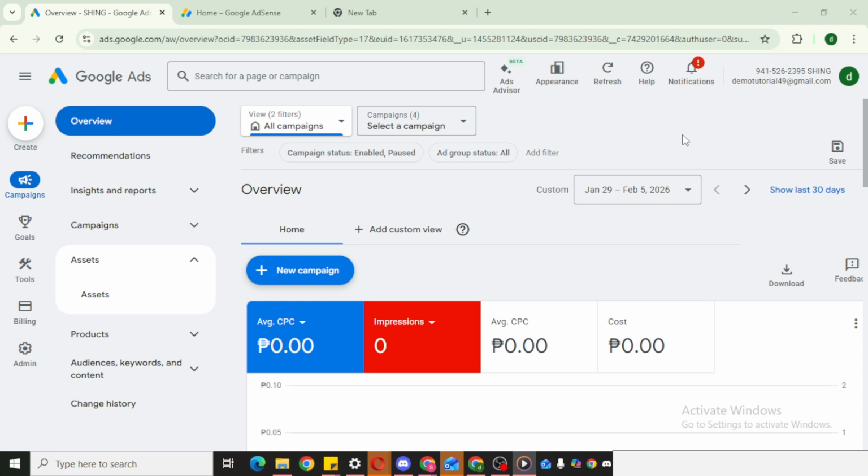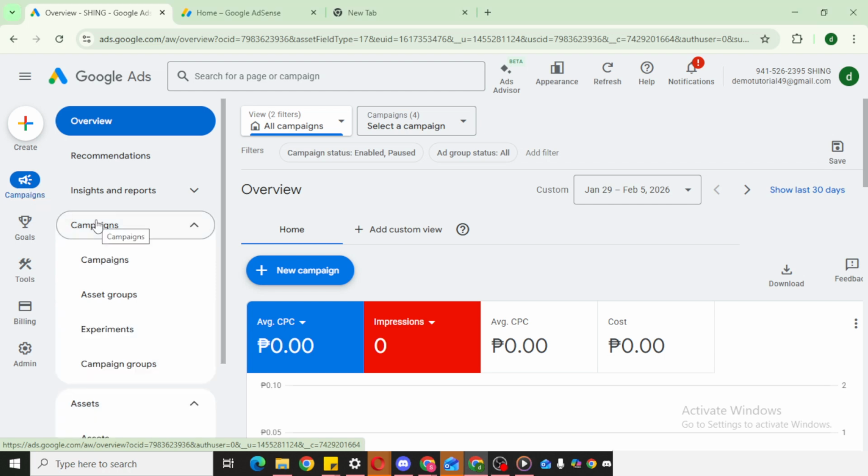Start by opening your Google Ads account and signing in. Once you're on the main dashboard, look to the left-hand navigation and click Campaigns. This brings up a list of all the campaigns in your account. Find the campaign you want to adjust and click into it to open its details. Taking a moment to confirm you're in the correct campaign is important, especially if you manage several with different goals